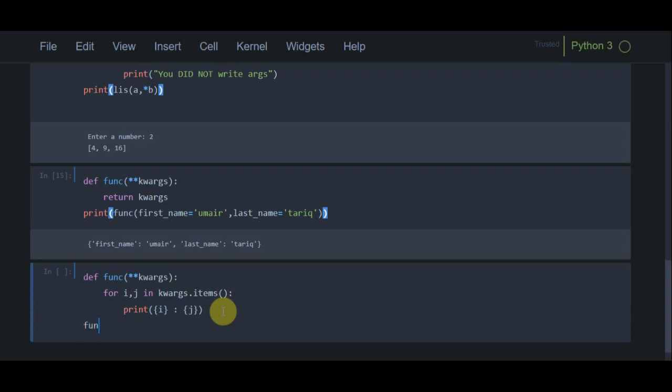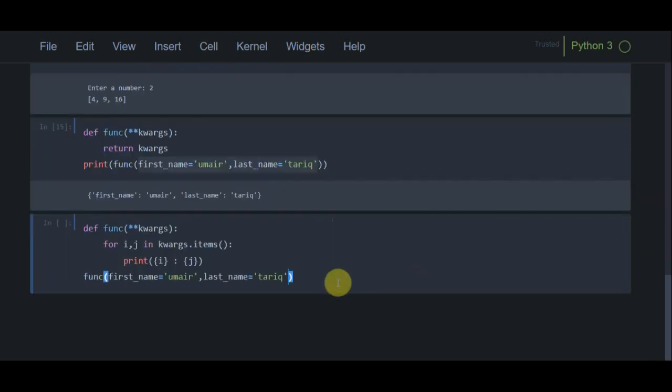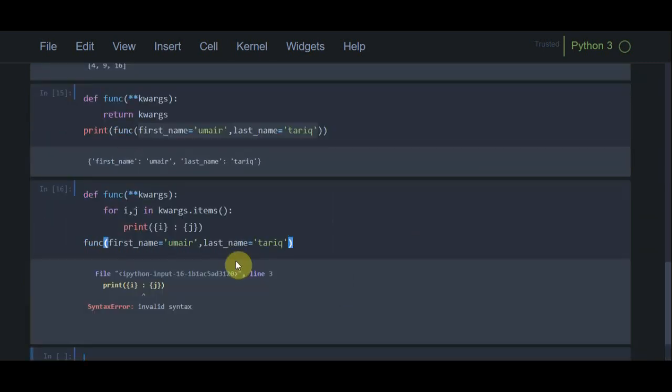I can just call my function like func, and the arguments are the same. I can use the same arguments here. I can just copy and paste it here. As you can see, if I run this program, I get invalid syntax; yes, I have to use these.